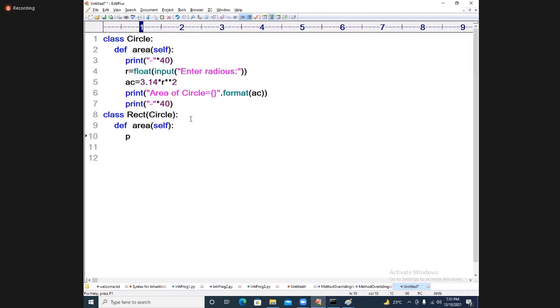I am overriding that. Now L is equal to, I am writing here, enter length. Next I am taking B, enter breadth.